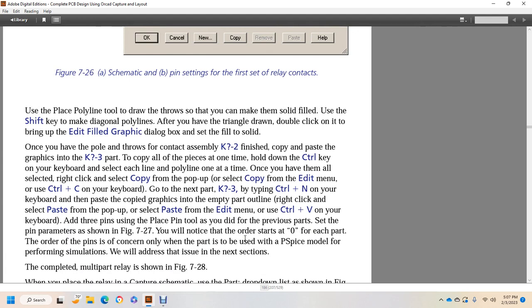Use the place polyline tool to draw the throws, so they can make either the solid fill or, with the shift key, make diagonal polygons. After you set the triangles down, double click on it to bring up the edit fill graphic dialog box and set the fill to solid. Once you have the poles and throws